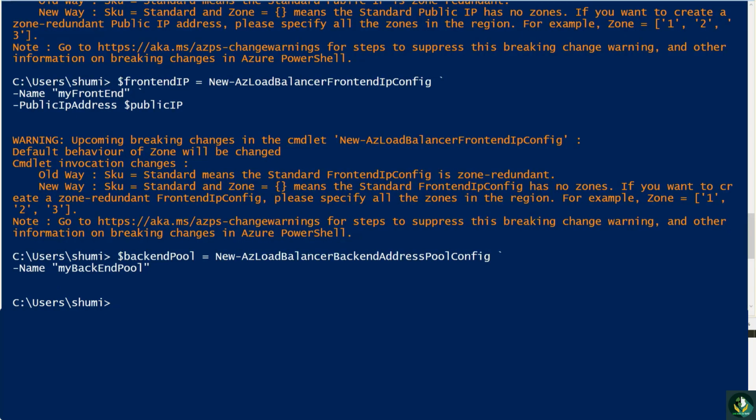Now we can create a backend address pool. An Azure load balancer's backend address pool consists of IP addresses associated with the virtual machine NICs. This pool is used to distribute traffic to the virtual machines behind the load balancer. The New-AzLoadBalancerBackendAddressPoolConfig command is used to create this pool. The VMs are then attached to this